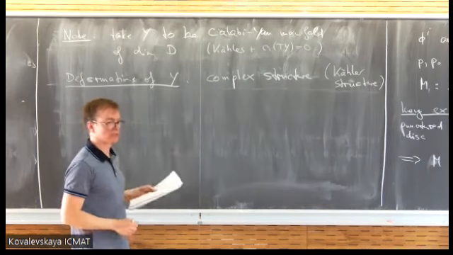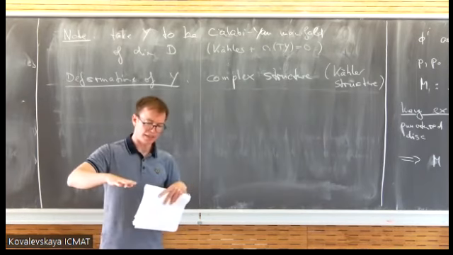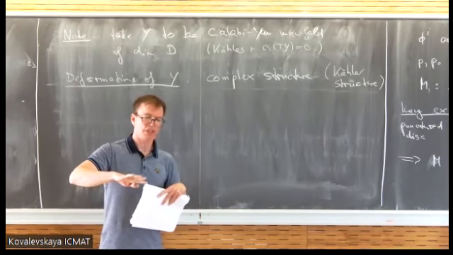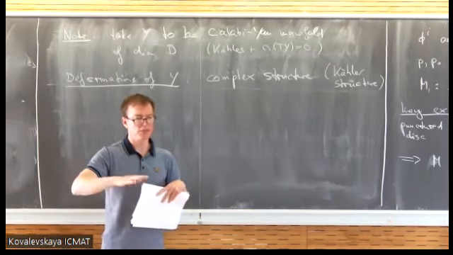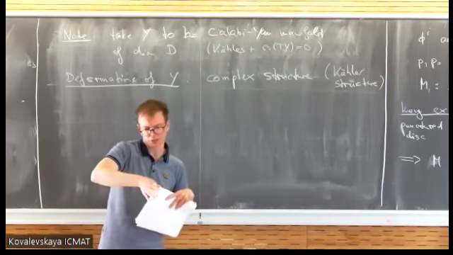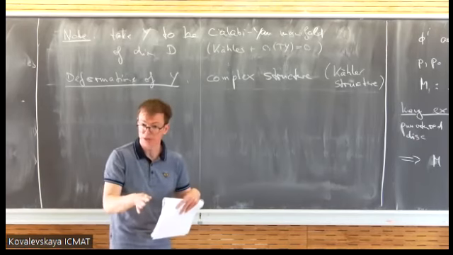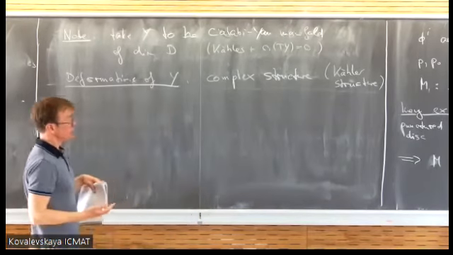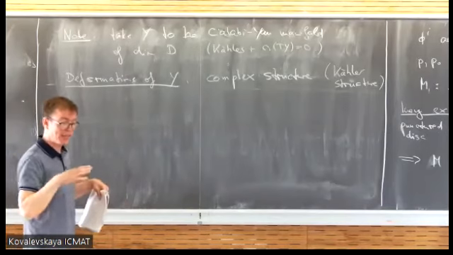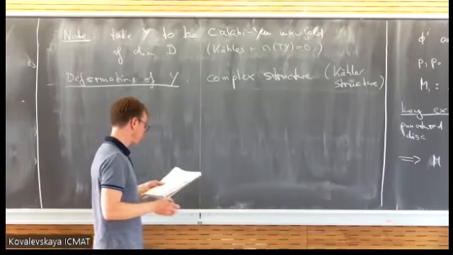I will talk about complex structures. So you have your manifold, and you can ask, how many complex structures can I put on the space? As a real manifold, you can put a complex structure, but you can also change it a little bit and still have a complex structure. Maybe you can keep the Calabi-Yau condition. Well, it turns out you can change it a little bit, and you can even keep the Calabi-Yau condition.